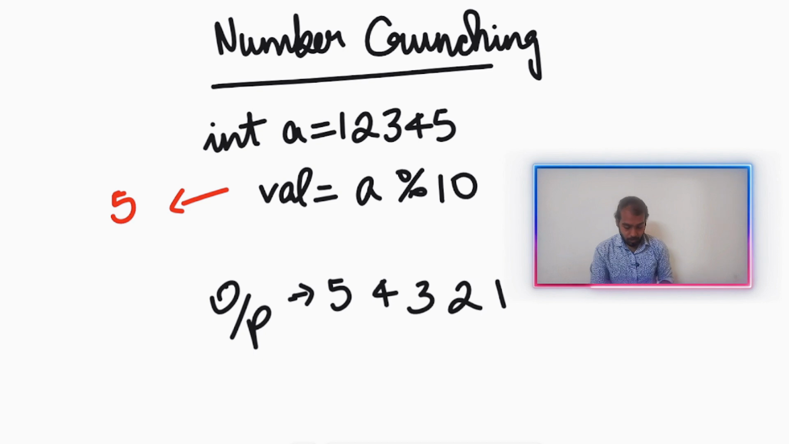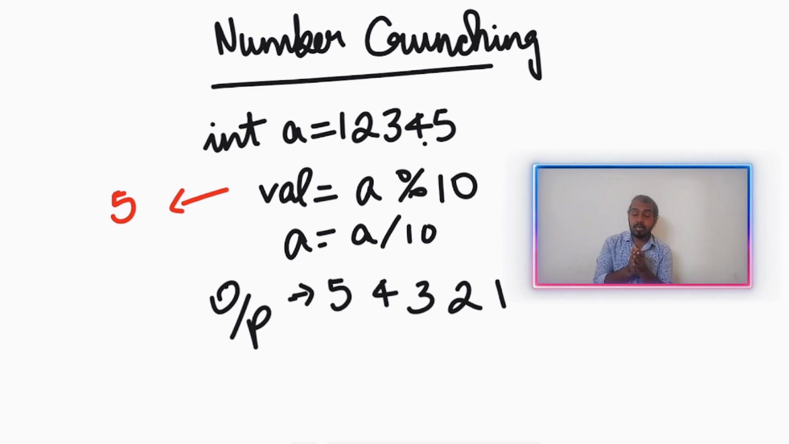And what is my next operation? I will say a is equal to a by 10. So what is 12,345 divided by 10? It will be 1,234.5. But since a is an integer, it cannot take the 0.5. So it will just take